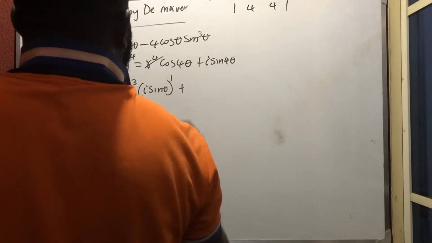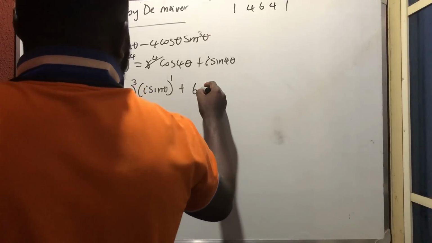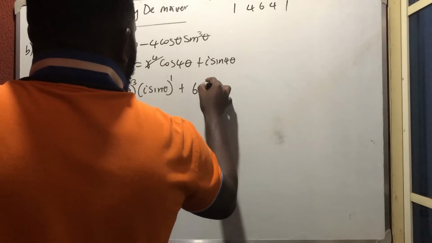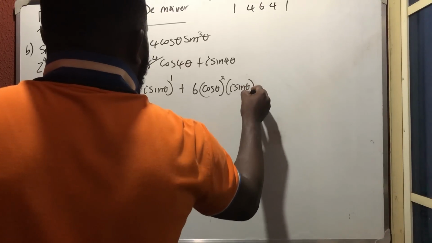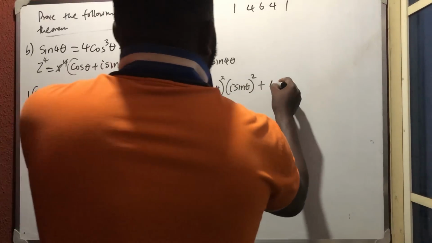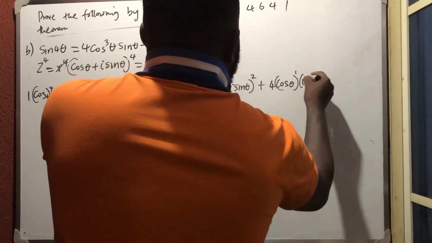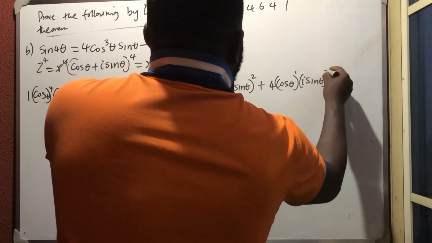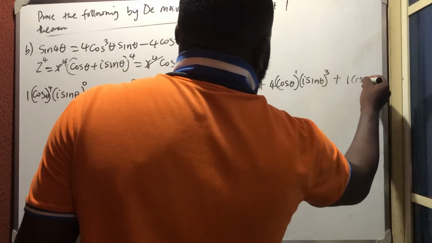Plus the next one is 6, then cos theta raised to power 2 while I sine theta is raised to power 2. Plus the next one, 4, cos theta raised to power 1 while I sine theta is raised to power 3, plus the last one, which is 1, cos theta